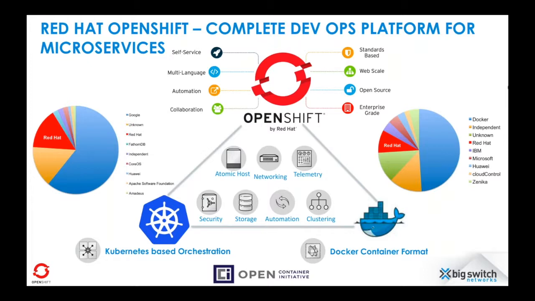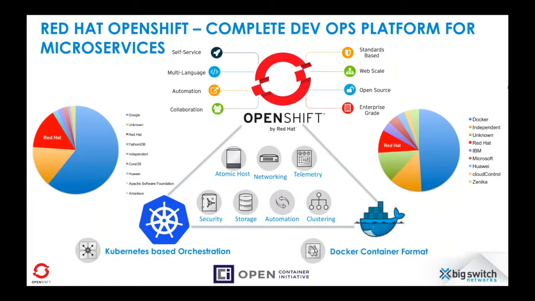Now, if you look at the two pie charts, one on each side, on the left-hand side is a pie chart about Kubernetes and Red Hat's contribution to Kubernetes overall. The biggest blue section of that pie is Google. As you all know, Kubernetes originated from Google. Google is the biggest contributor to that community. And the second largest, from a company perspective, is Red Hat, the red slice of that pie. So we continue to work in that open source community to contribute to Kubernetes and improve and enhance